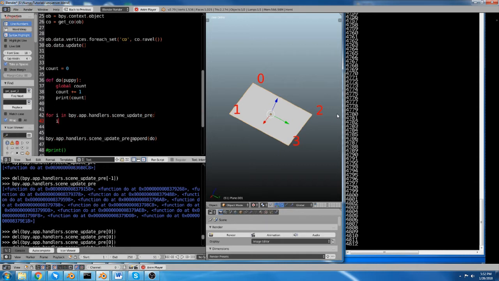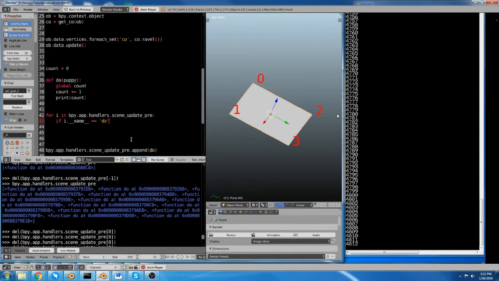Then i.__name__, we're going to do it this way, with the double underscores, because it's not a typical attribute. I think it's in a constructor. If i.__name__ equals, and my function is currently called do, then if this happens,